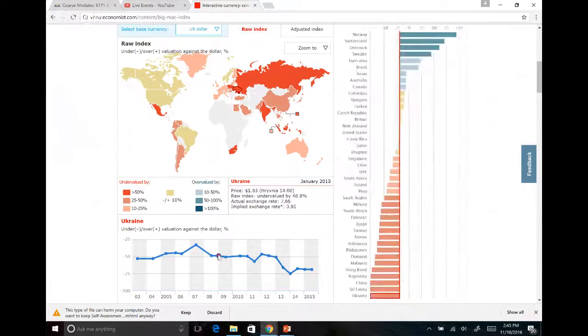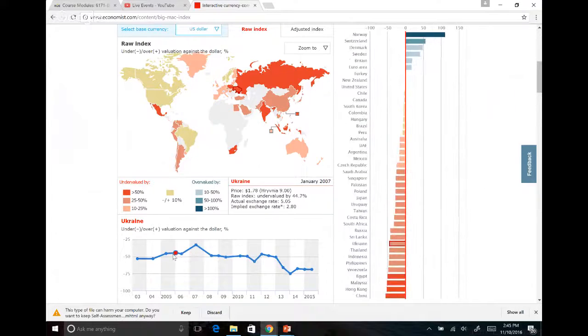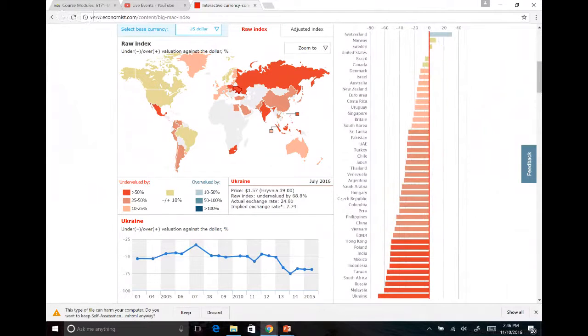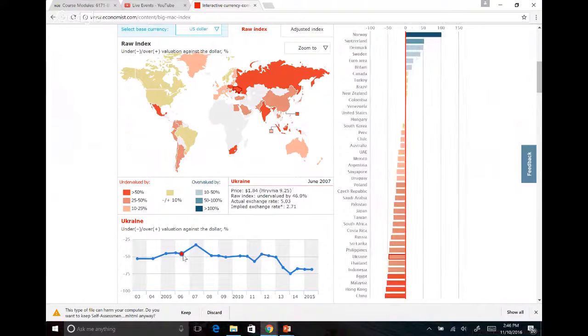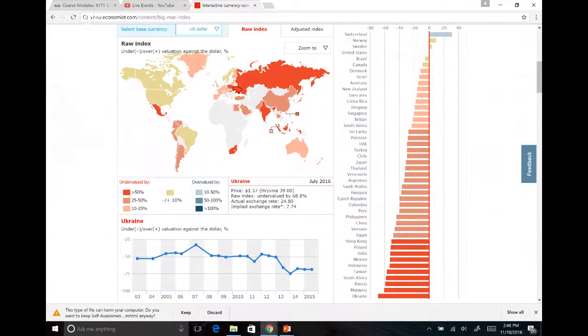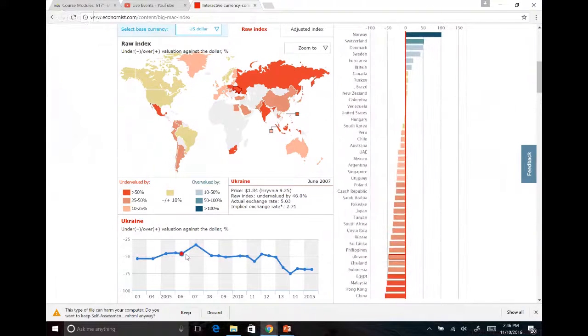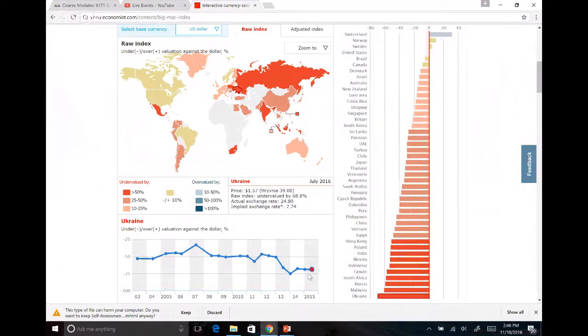Long time ago, let me see. Here, where's Ukraine? Well, it doesn't show here. So back in 2006, see Ukraine. All right, guys, if you move your mouse to 2006, you see Ukraine in 2006 wasn't the lowest. So in 2006, in Ukraine, each Big Mac costs $1.84, but by 2016, each Big Mac costs